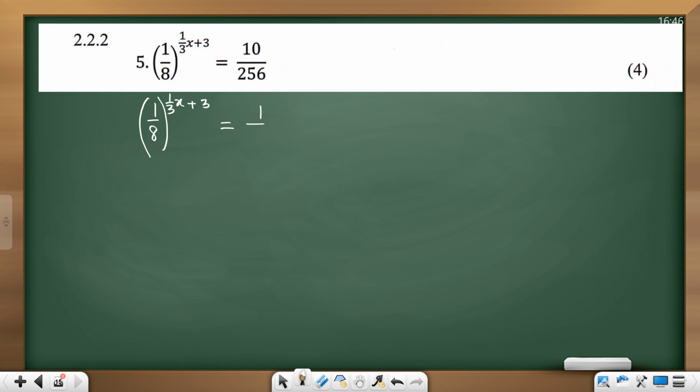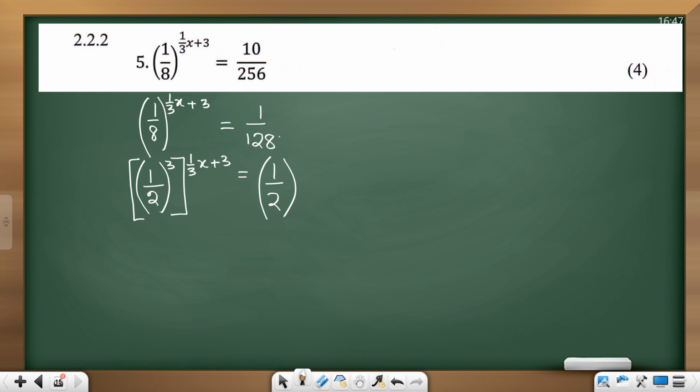One over 128. And because this is an exponent, we must write this as exponents having the same base on the left hand side and on the right hand side. So I can quickly write this as 1, my 8 can be written as 1 over 2, now to the power 3. That's 1 over 8 there now, but I have this. And this can be written as 1 over 2,